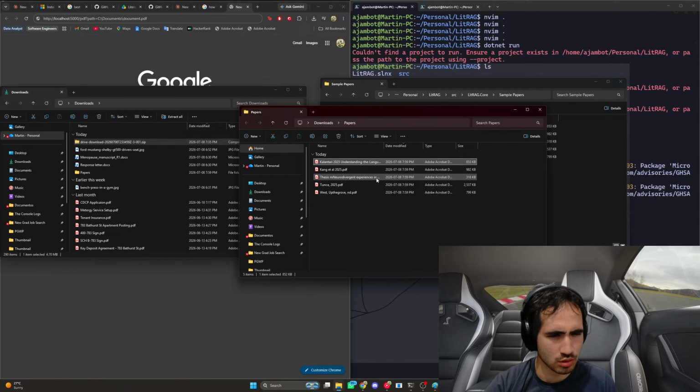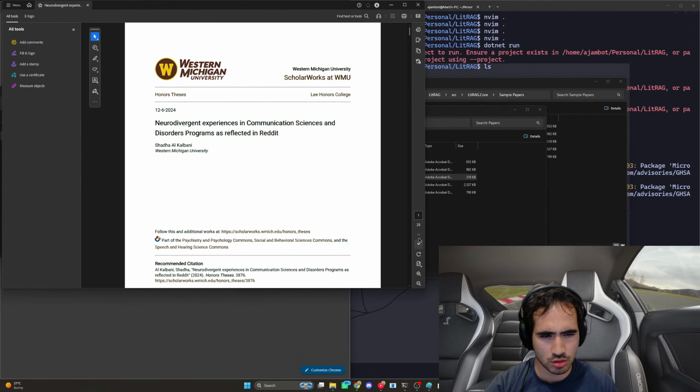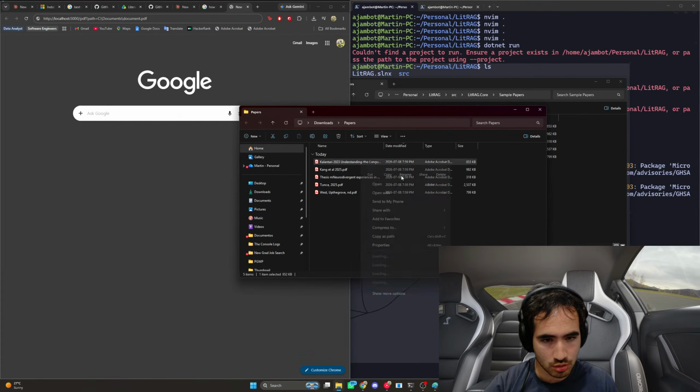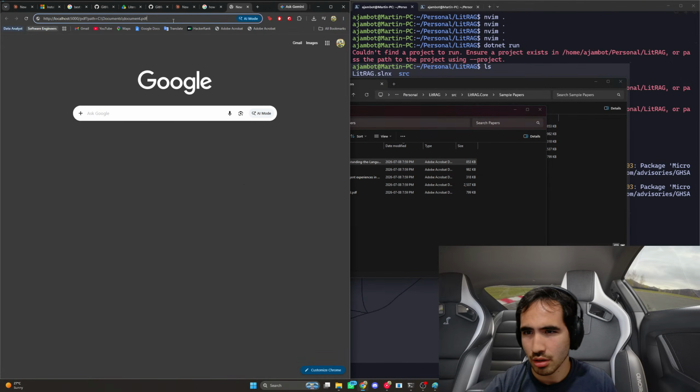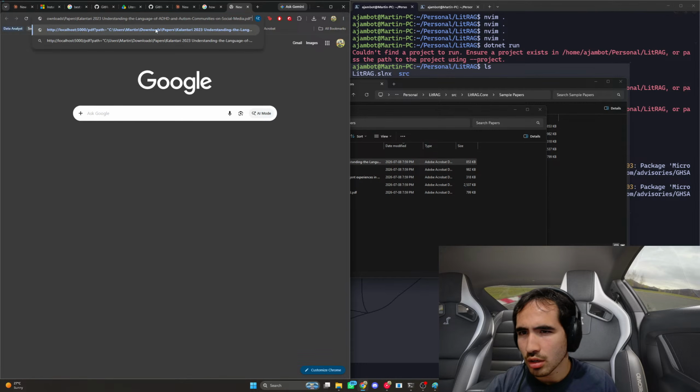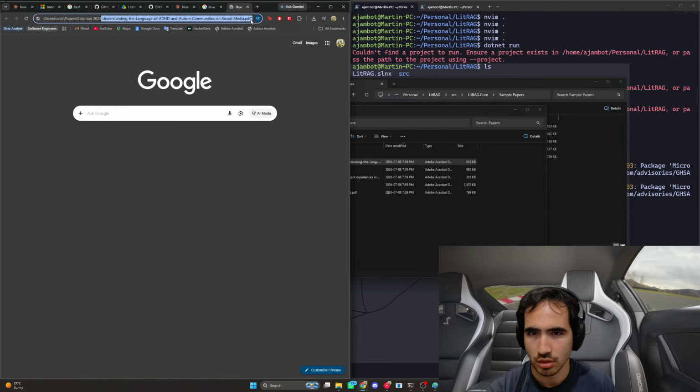Which one's the one? This one's supposed to be small. 25 pages. Never mind. So we're just gonna grab this. Where do I copy the path? Copy as path. And then we're gonna pass it without the quotes here.